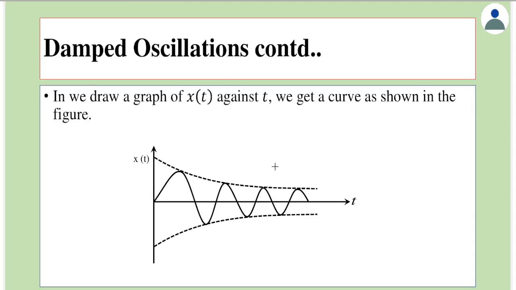If we draw a graph of displacement versus time, as seen earlier, we'd find a case where the amplitude keeps on decreasing with time. After some time, it will decrease, and at some point it will die out. But that is a long time to die out because of the form that x of t is a into e power minus bt by 2m cos of omega prime t plus phi. This exponential function would become 0 only when t becomes infinite. So even though it's a very long time, it will have a very, very small amplitude you can't recognize.